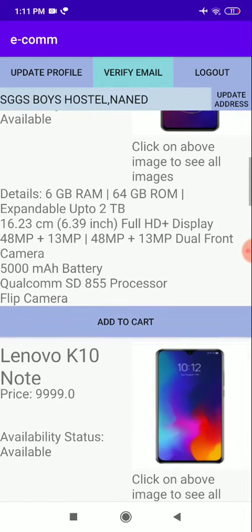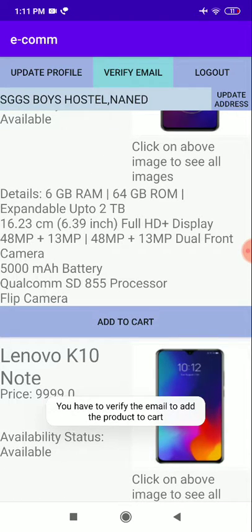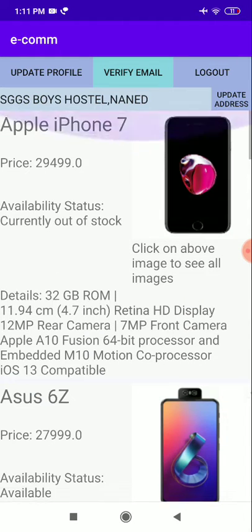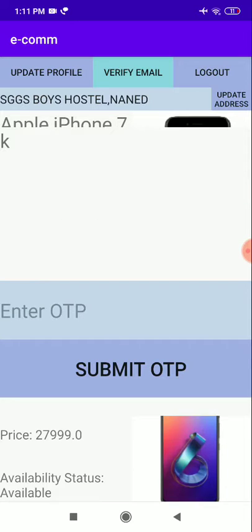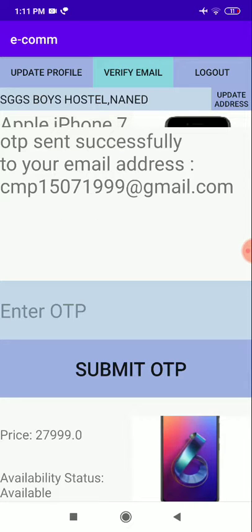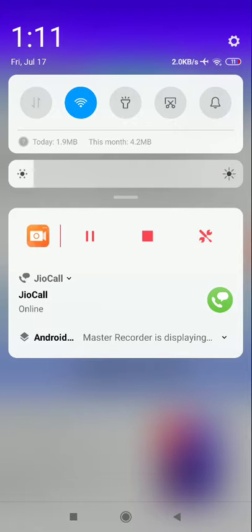Again, if we try to add to cart, it says that you have to verify your email first, so that you can get notifications of your purchase. We can click on verify email, and the OTP is sent successfully to this email address. We will soon get the OTP.